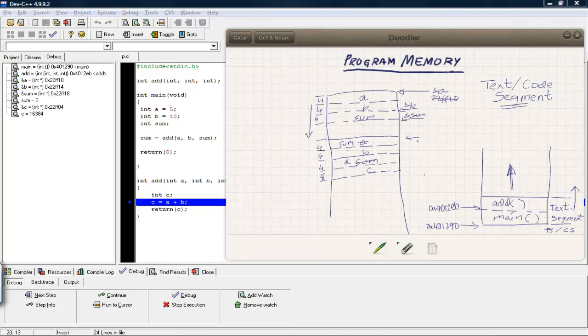So this one gets the memory address of 22FF18, then this one is 14, and this one here is 10, and this one here gets the address of 04. So we see that it is in a decreasing order, and this is the part that we have